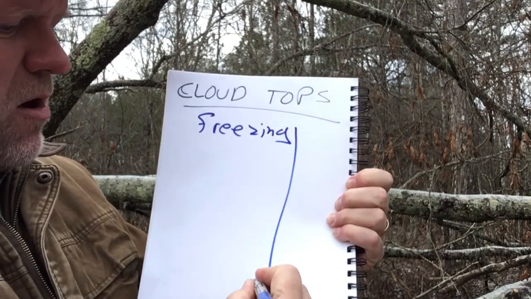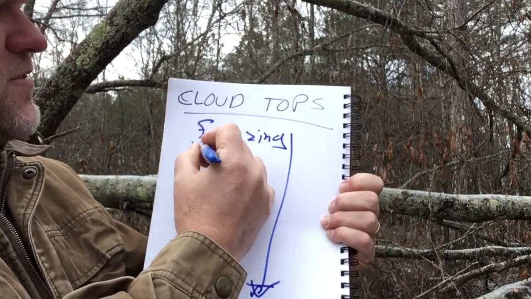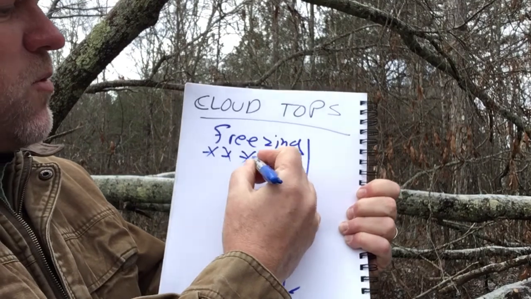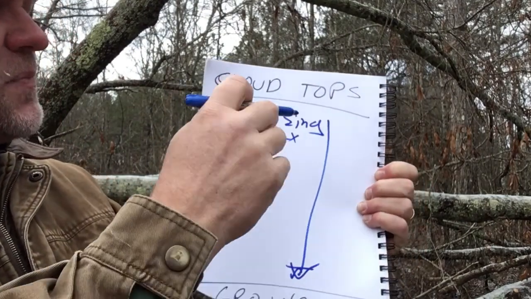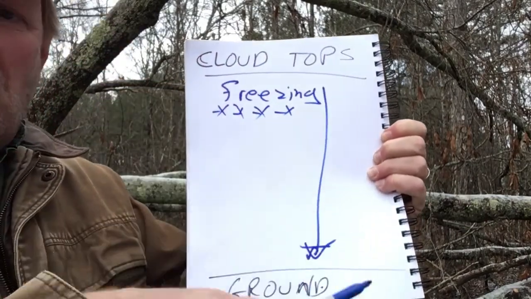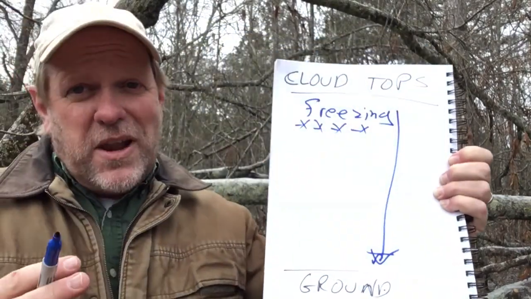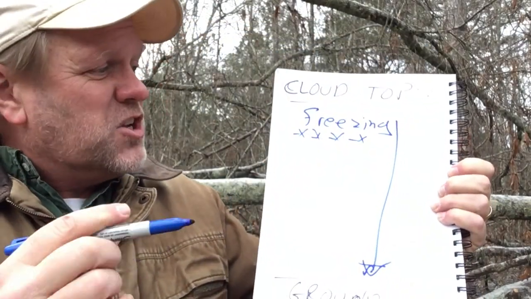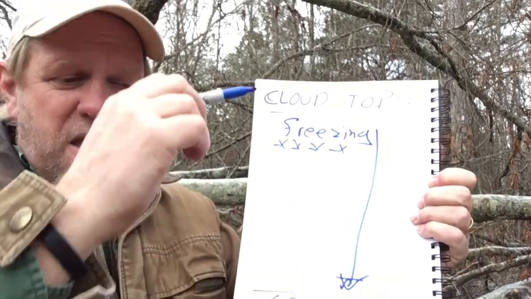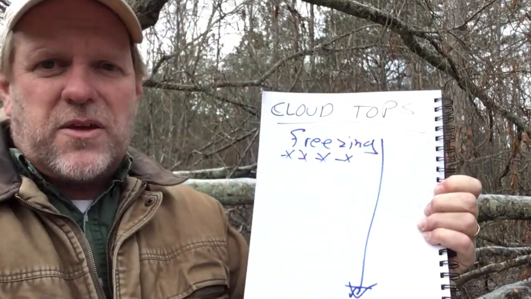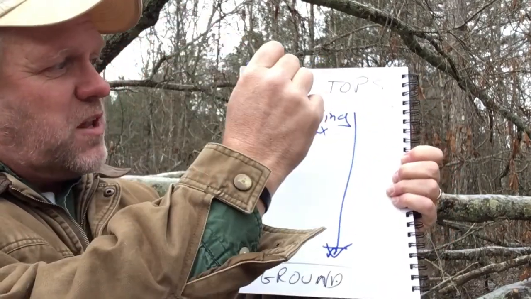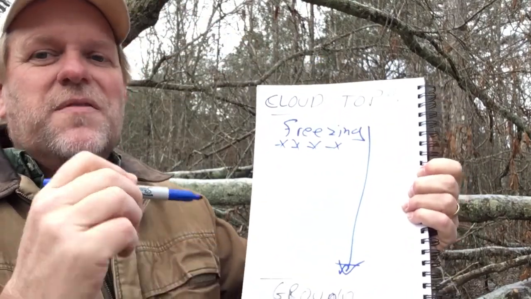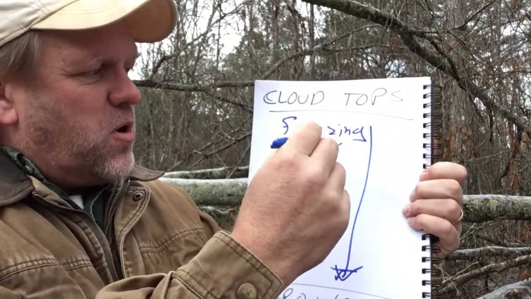from here all the way down to the ground, we're going to have snowflakes that are forming way up here at the tops of these clouds. We're going to have all these snowflakes, okay? If it's freezing all the way down to the ground, then none of those snowflakes melt. They fall as snow all the way to the ground. So if it's all cold, freezing temperatures from the cloud tops to the ground, then when this precipitation forms, we